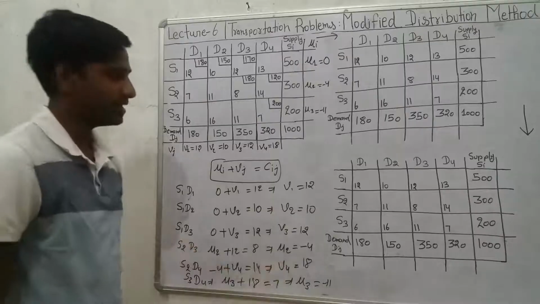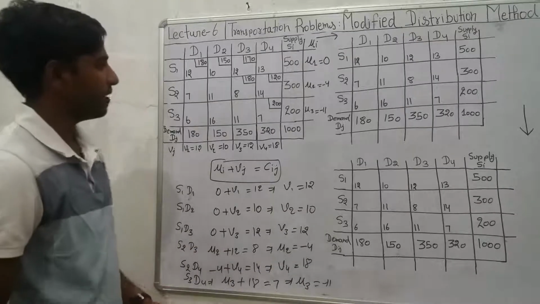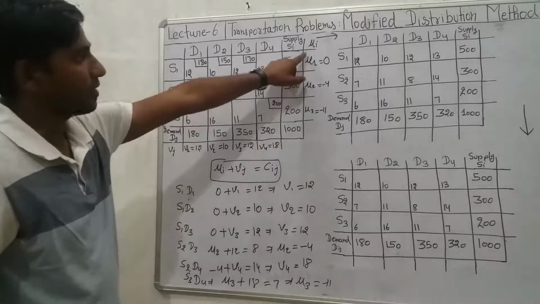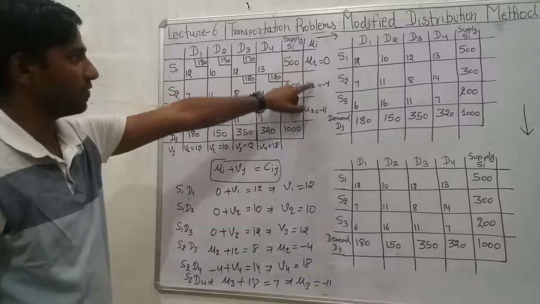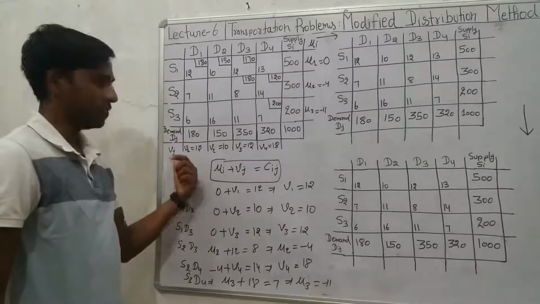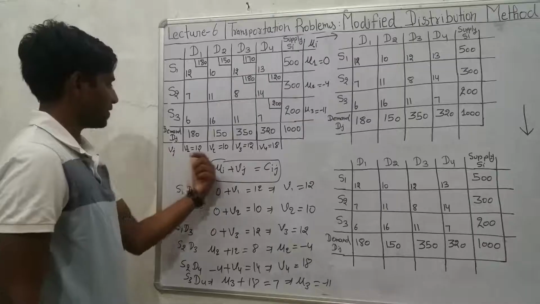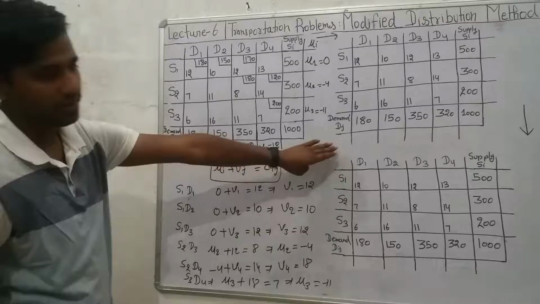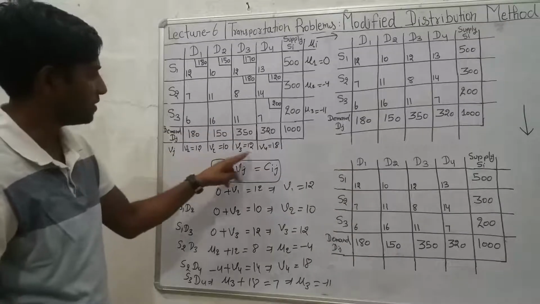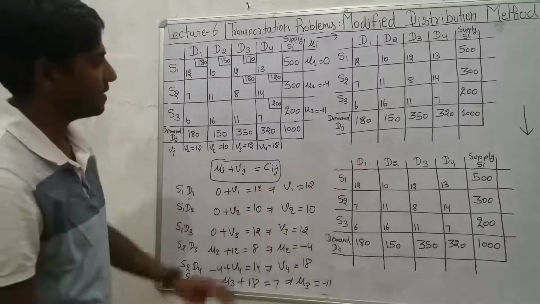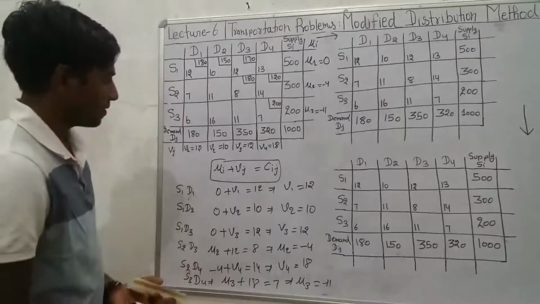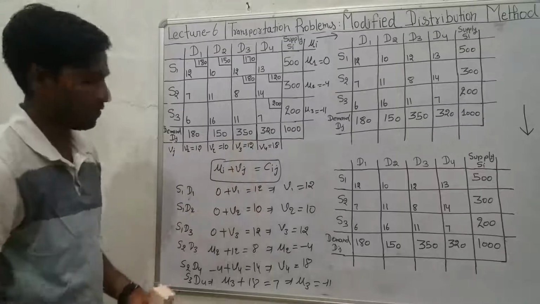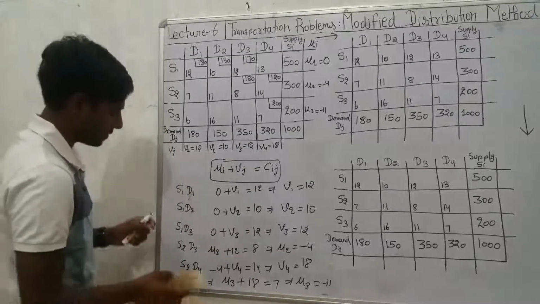So now we have the values of all the index variables: U1, U2, U3, V1, V2, V3, V4. So in the second step, we have to calculate the index values for these variables. For the column titled Ui, we need to calculate the values of U1, U2, U3. For the row titled Vj, we have to calculate the values of V1, V2, V3 and V4. It depends on the number of columns. If we have 6 columns, then we have to calculate V1 to V6, and the same rule applies to the number of rows. So after obtaining the values of these variables, we come to the third step of the process.